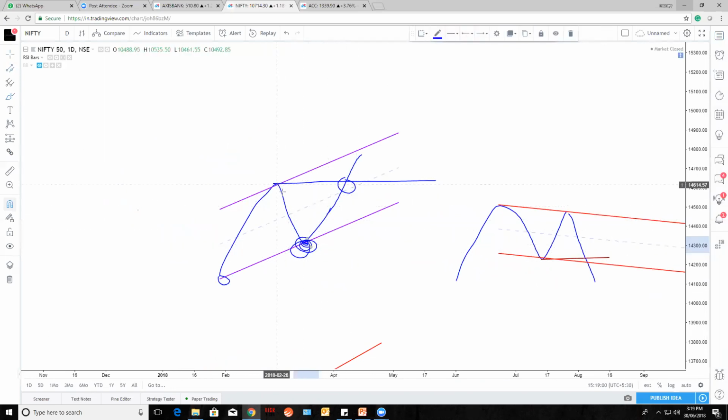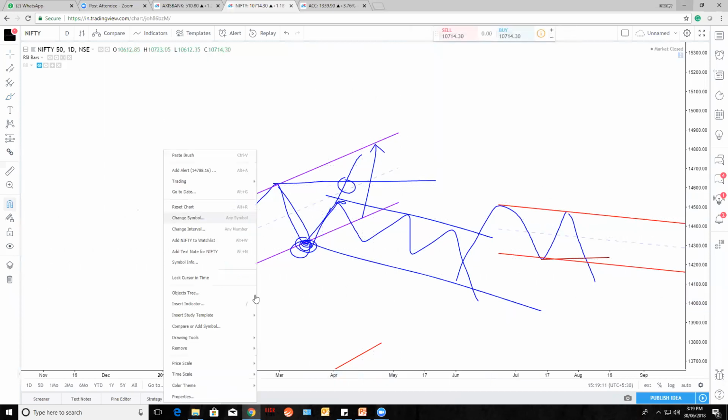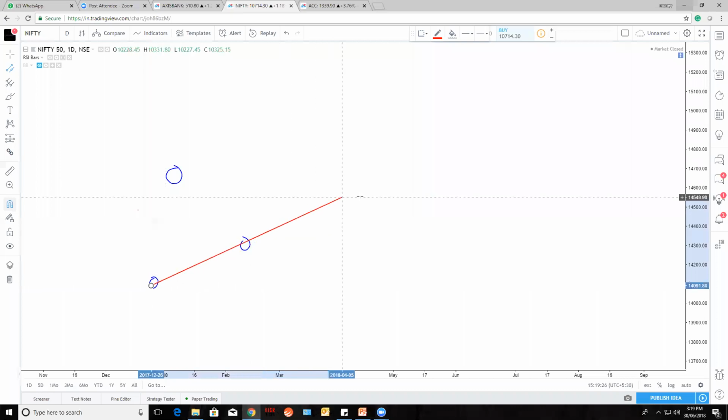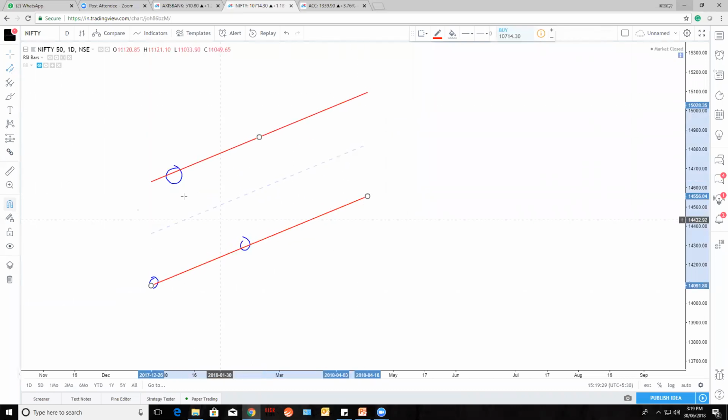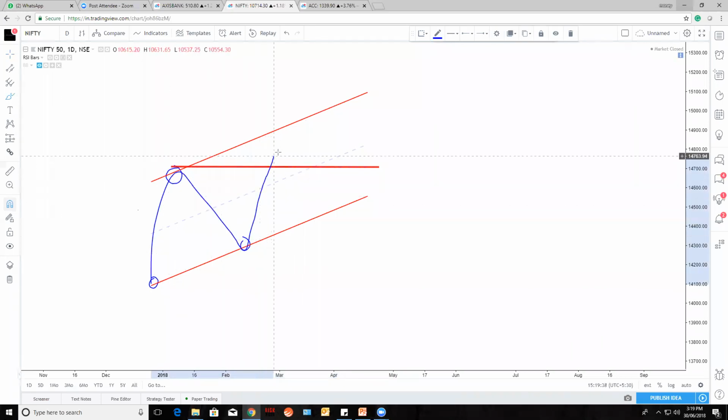Otherwise it won't be. Why? Because it may come here, may go up, and then may come like this. It may go for years. It never comes to this point. It will happen. So to draw the second point, when you take a confirmation, whenever there is a break for upside, let's say this is the third point. This is a valid point, but to say this channel is valid, you need to cross this high. Means the price should cross this level. So then only this channel or this point is valid.